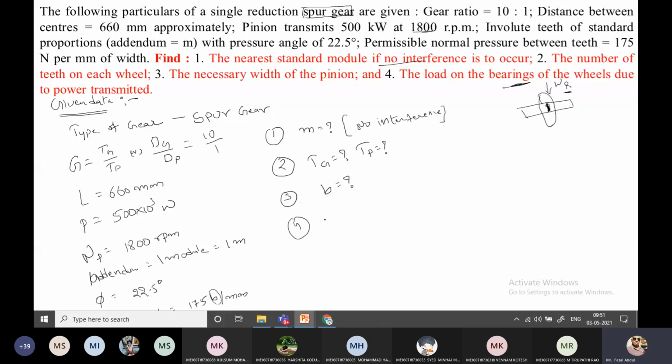So WR how much? The question is asking. These are the parameters asked to calculate. These are all nothing but the design of the gear. The standard value is nothing but overcoming the failure. Okay. So one by one I'm calculating now.